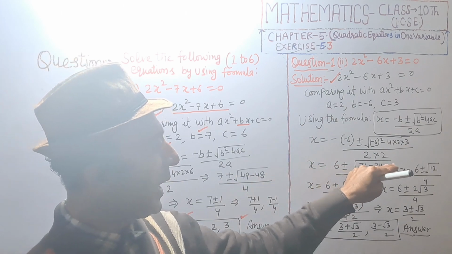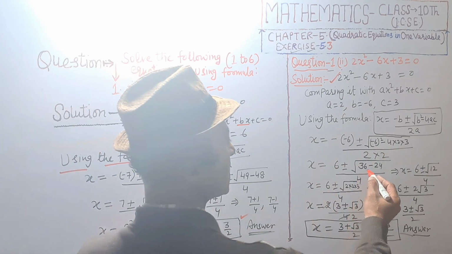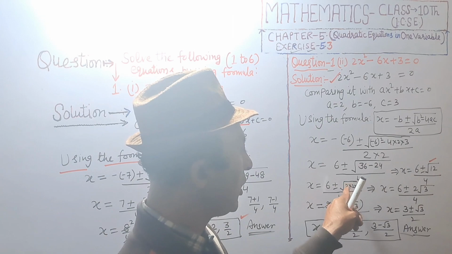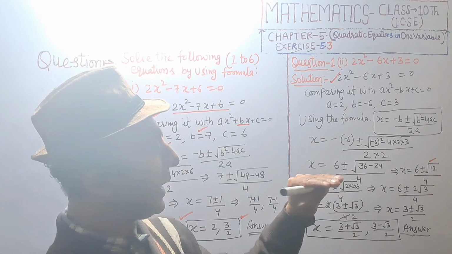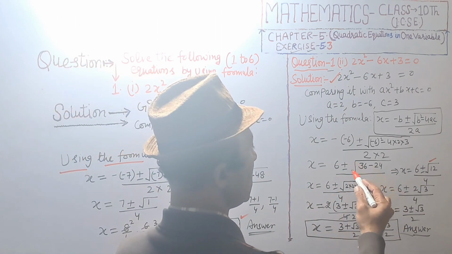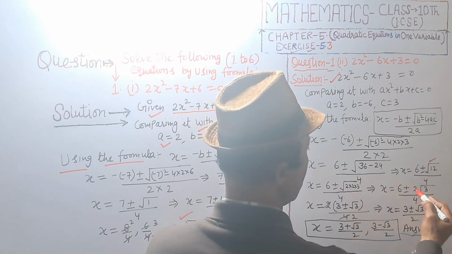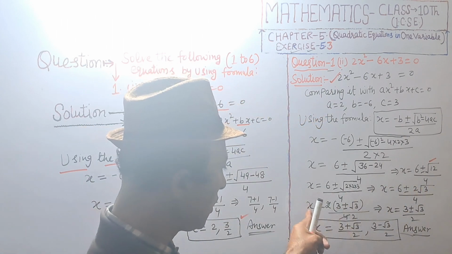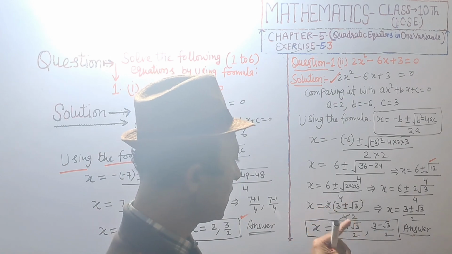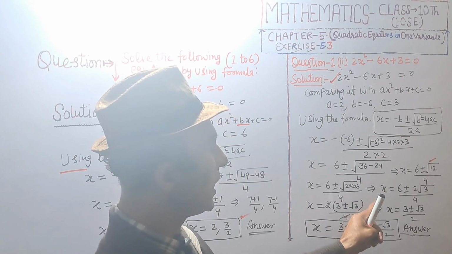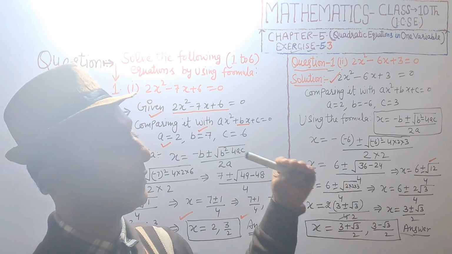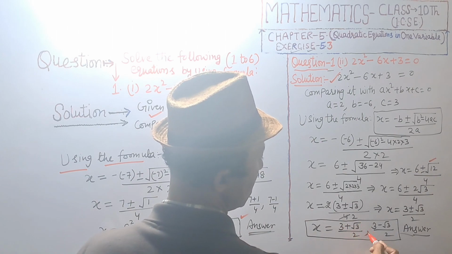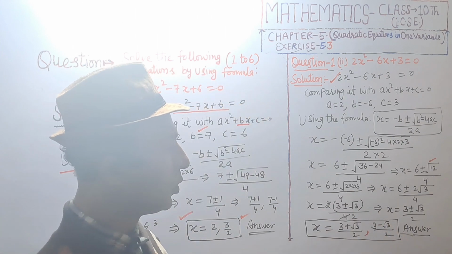x is equal to 6 plus minus root of 36 minus 24, that is 12, divided by 4. x is equal to 6 plus minus root 12, we can write 2 twos are 4, 3 fours are 12, divided by 4, and one pair of 2 we are taking common, and this will be 2 root 3, 6 plus minus 2 root 3 upon 4, and x equal to 2 taken common, and in bracket 3 plus minus root 3 divided by 4, 2 ones are 2, 2 twos are 4, we get the value of x equal to 3 plus minus root 3 divided by 2, and two roots of x, first is 3 plus root 3 upon 2, and the other root is 3 minus root 3 upon 2. Answer. Thank you.